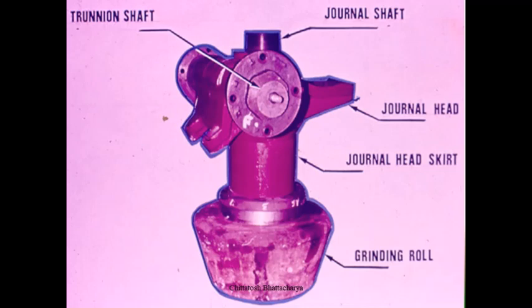This way the entire roller journal assembly is fitted, and they are placed with the support of a trunnion, and from the top we have a spring loaded loading arrangement,